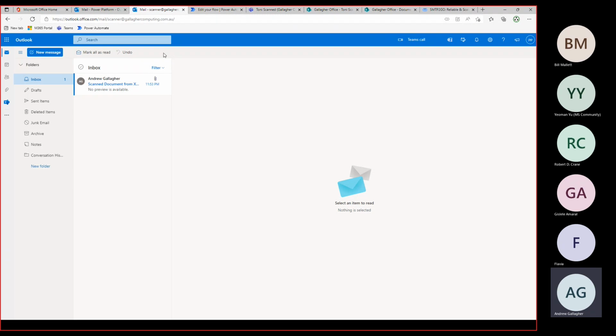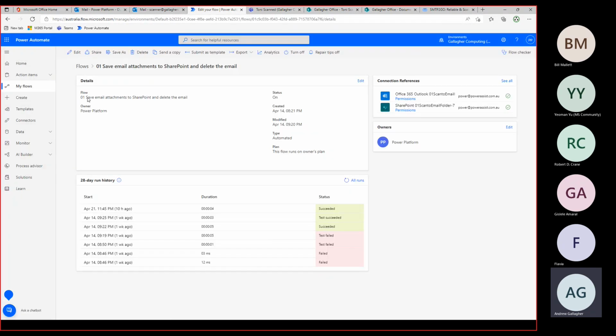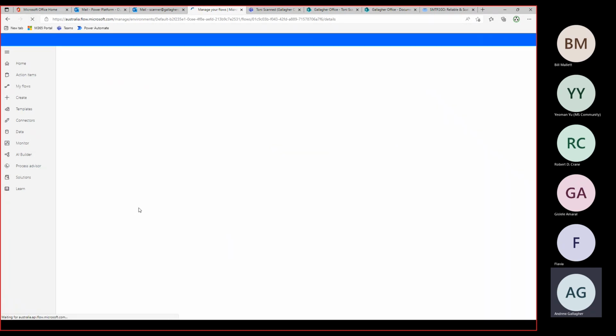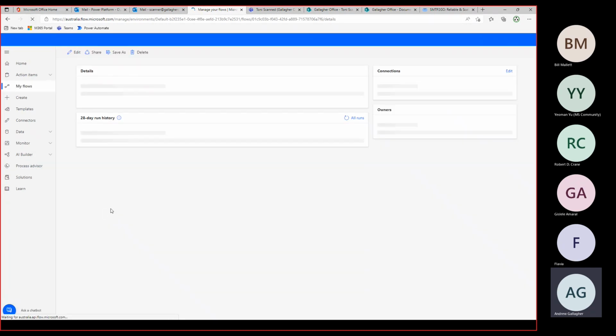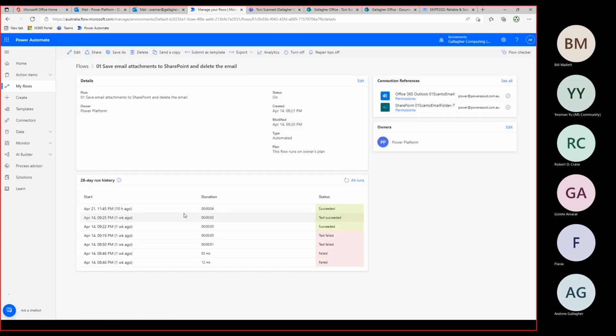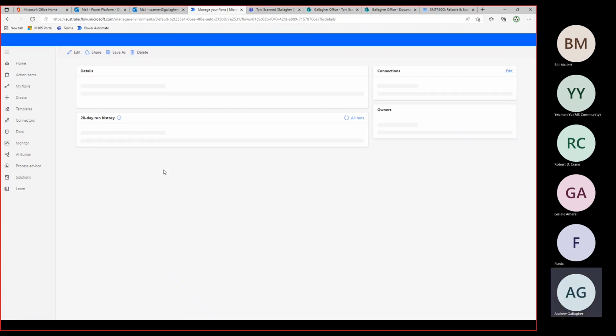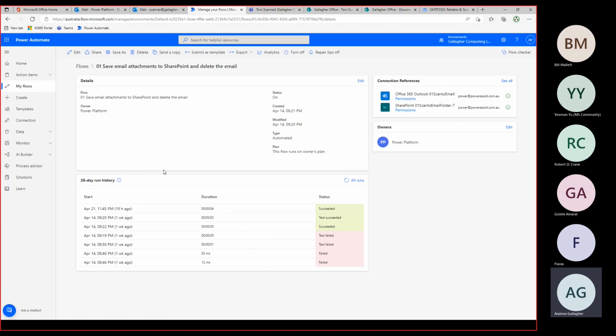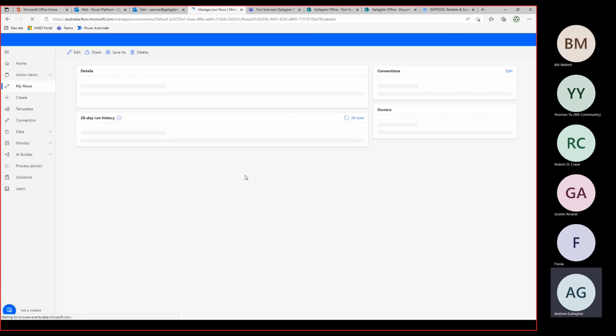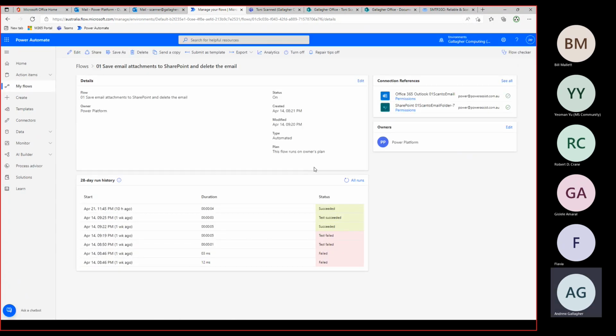And now that email is in here, I'm going to come over here to watch our Power Automate flow. I'll just refresh this, and we should very shortly see a new flow start running. Now they aren't, they do kick off pretty quickly, but they're not always immediate. So I'm just going to keep refreshing this while it picks up the email.